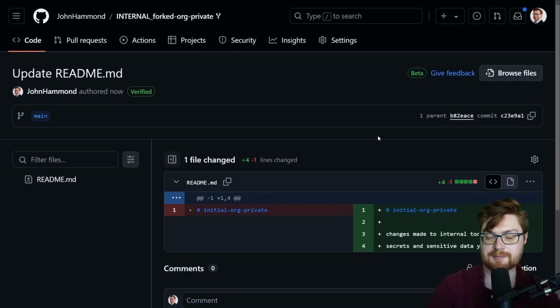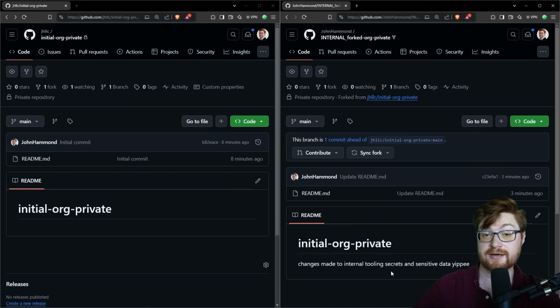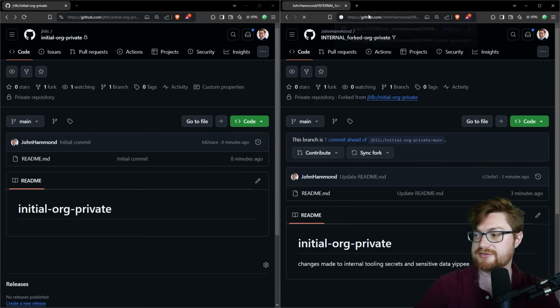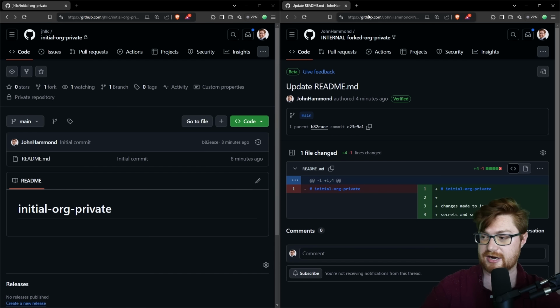But of course, if I were to put these side by side again, our initial upstream private repository on the left-hand side, and then the private forked internal-only rendition on the right-hand side. Now, we just made this commit over on the right-hand side, and if I were to paste that SHA ID, you would see it there as usual.